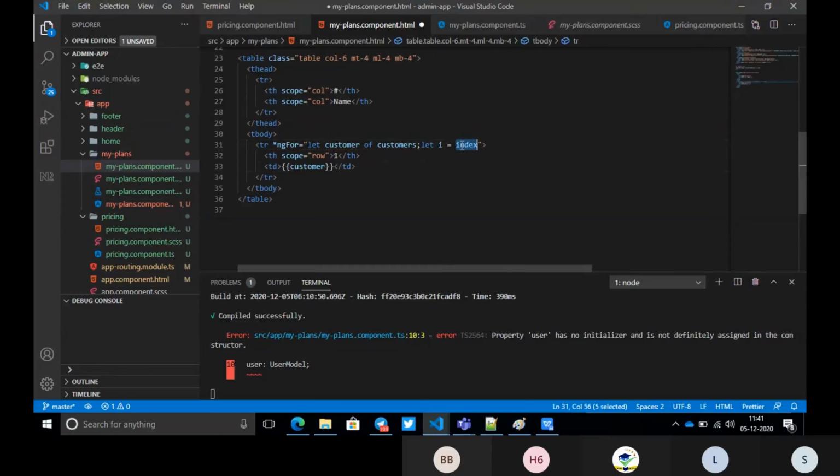So what is happening is, if we are receiving the first customer, it will print the first customer. We are trying to use another variable called i. You don't need to give only i; it can be any name. But index should be index only, because we are storing the value from the index. So I'm just giving i here and typing i here, and let us see what is happening.